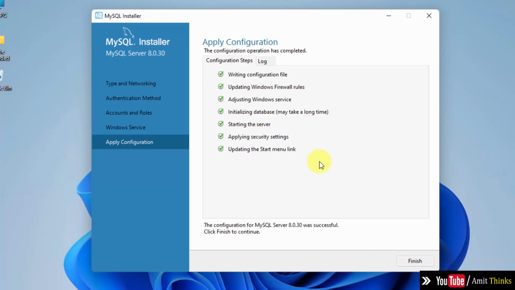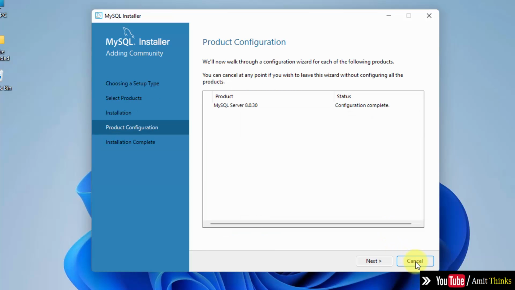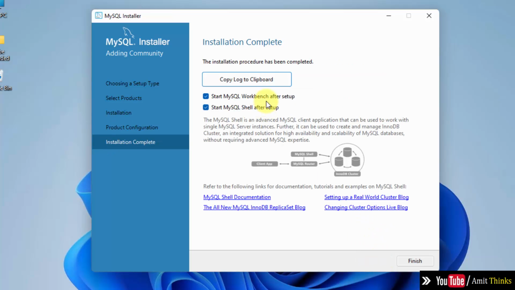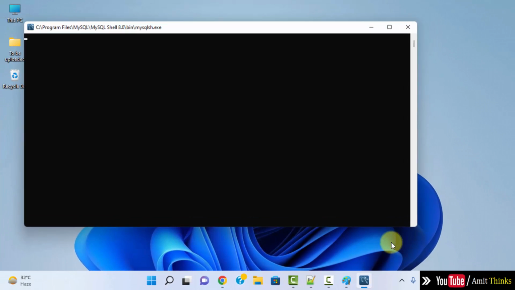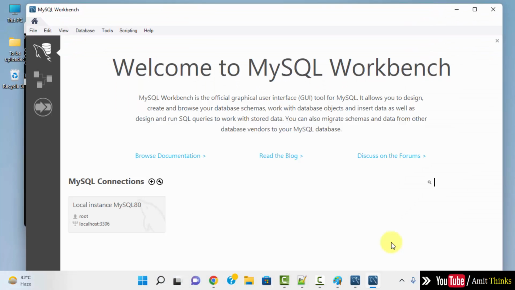Here you can see all the apply configuration steps are done. Click on finish. Now the product configuration step. Click on next. Installation is complete. It will now start Workbench and Shell both. Keep the default and click on finish. Now guys, before beginning,